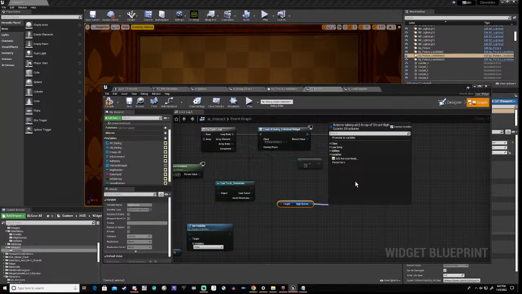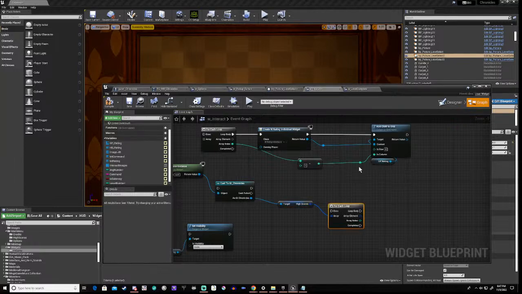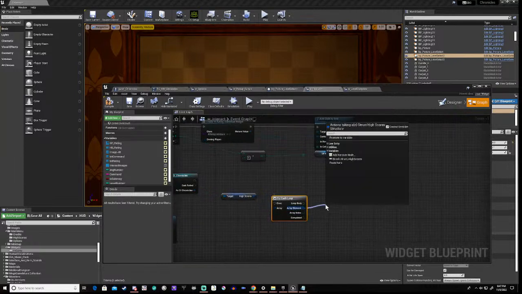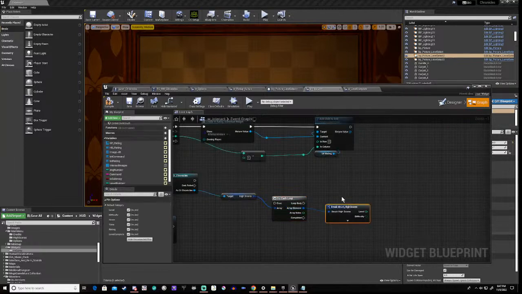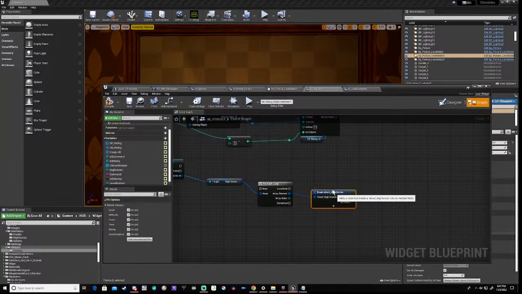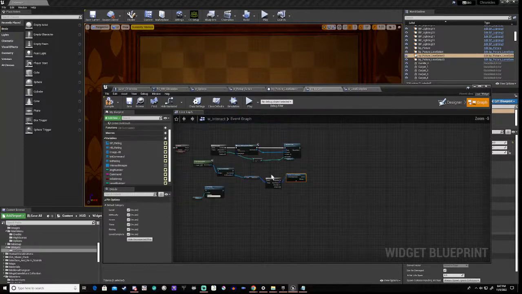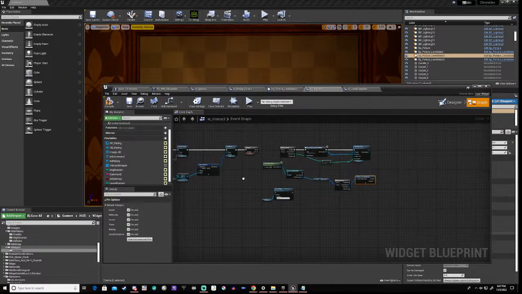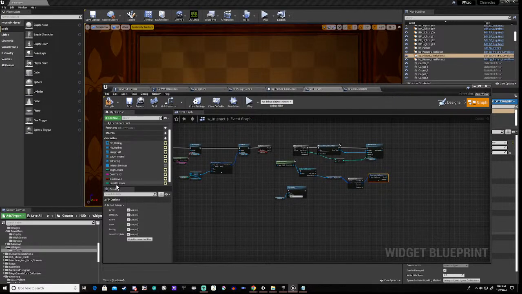And for each loop, we're doing break high scores. And we're getting this level number,